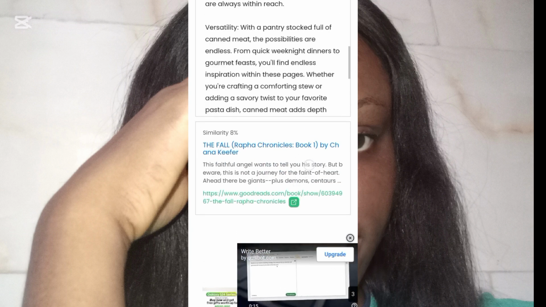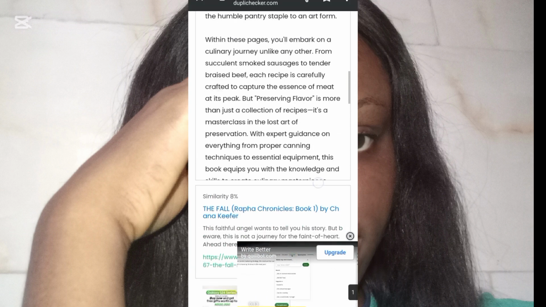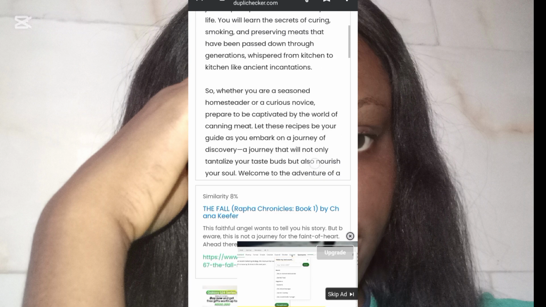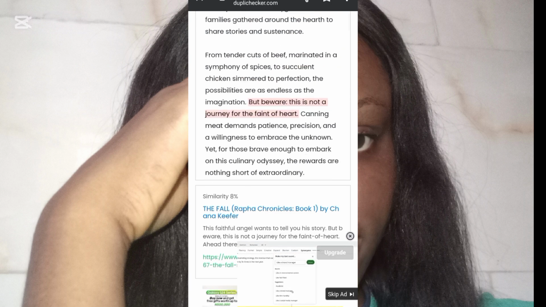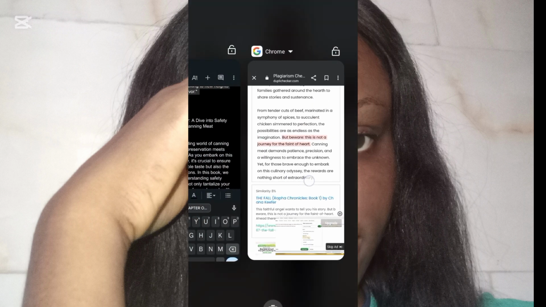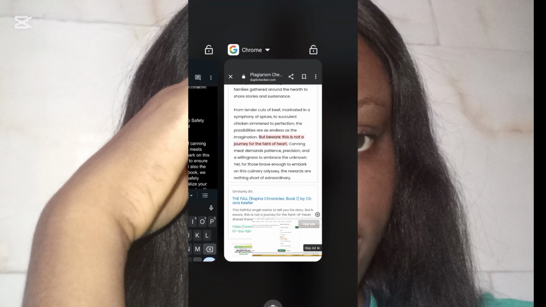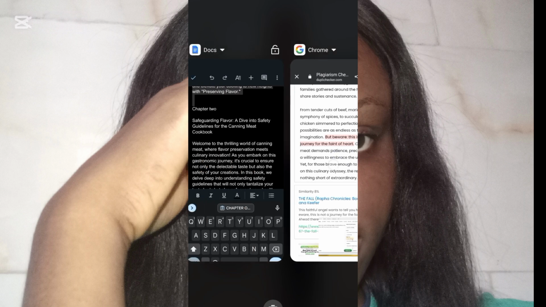So what you do at this point is this: you go back to that place that has plagiarism. Once you go back to it, you go back to where you copied it from. You go back to your Google Docs. So you're going to minimize, then you look for that chapter. Sorry, you look for that paragraph. So now